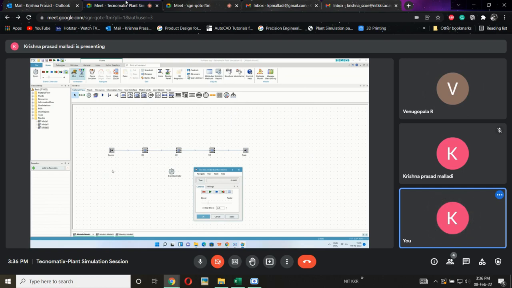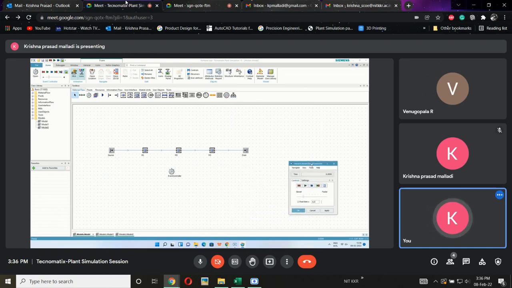For that, we need to define a figure. If I want to run the model for 500 parts, which means 500 parts only, we need to deliver 500 inputs for that. That input is coming from the source, so we need to define that quantity here. In the first method, we are defining the time in this event controller. Whereas in the second method, if you want to run the simulation with respect to the quantity of products which we are going to produce, then we define that number of products in the source. That is nothing but input.